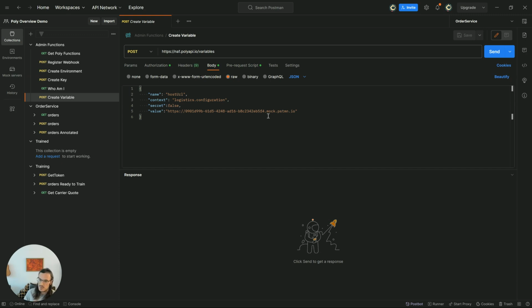And you don't want to have to go back and modify your functions. You don't want to have to go back to your partners and tell them to change their integrations. So you want to be able to abstract this into something configurable at runtime, such that the code basically stays intact. So to create a variable, you basically just specify the host URL, the context, the secret, and